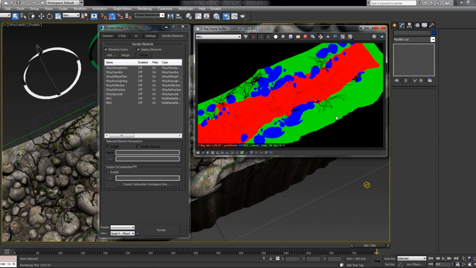And one important thing here is that right now I just have a mask for the stones that are above the water, but I don't have any information for the stones that are under the water, and that will be a problem later in Nuke. Let's say if I want to change the color of the stones, I'll be able to just change the color of the stones that are above the water, and I can tell V-Ray to provide me with the information for